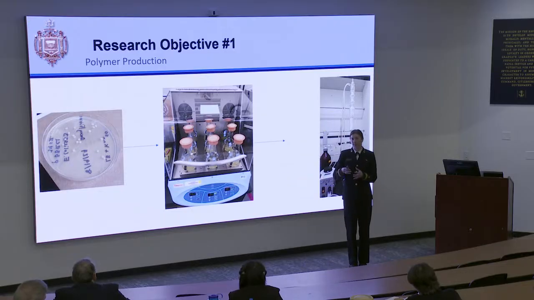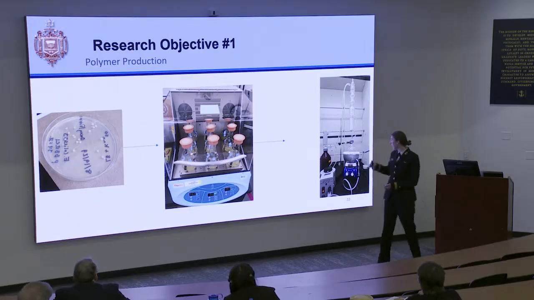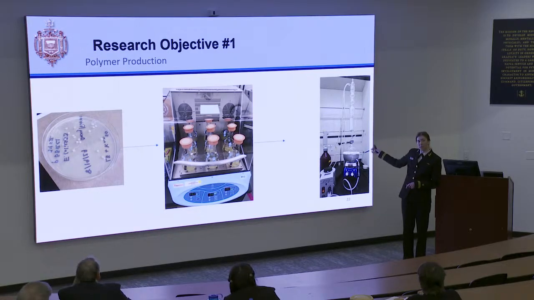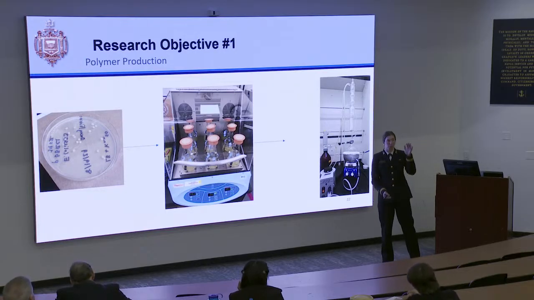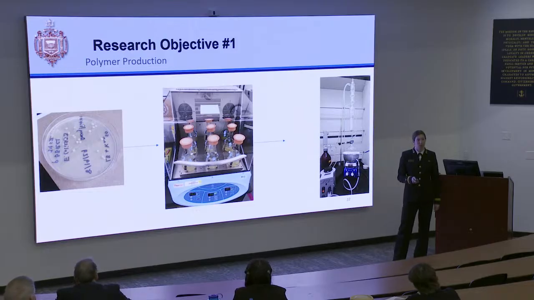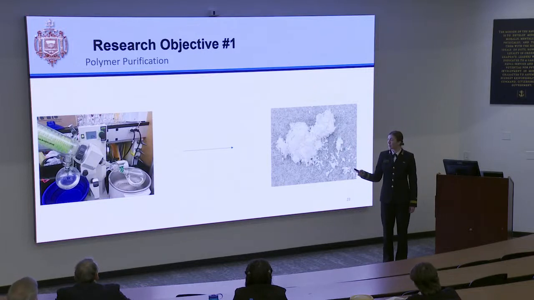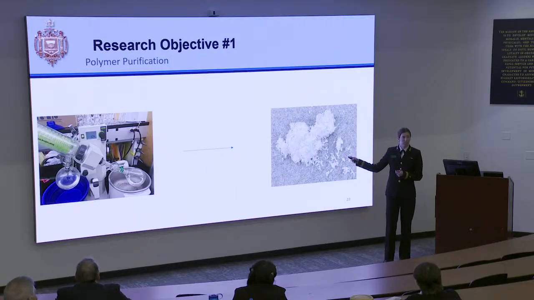From there, we can condense the cells and dry them. The way that we pull the polymer out of the cells is by using this apparatus called a Soxhlet, in which chloroform is continuously evaporated and then recondensed over a 5-hour period. When it is recondensed, the chloroform pulls the polymer out of the cells, so then at the end, in the round bottom flask, we're left with chloroform and our polymer that is dissolved in the chloroform. We can then evaporate the chloroform away, and we're left with the residue. When you add this residue to cold methanol, it will resuspend and pop out into solution to look like this white fluffy solid, which is our product.